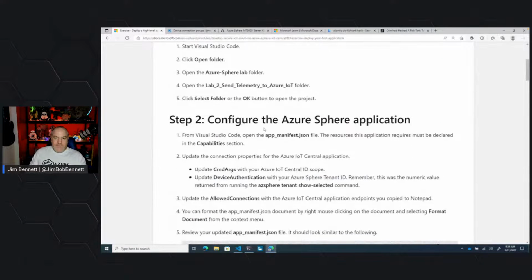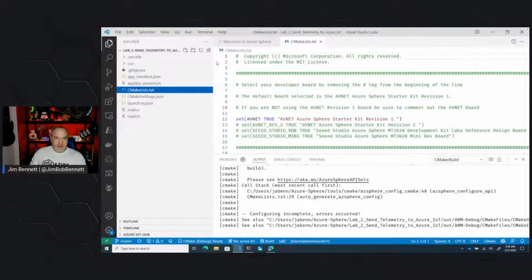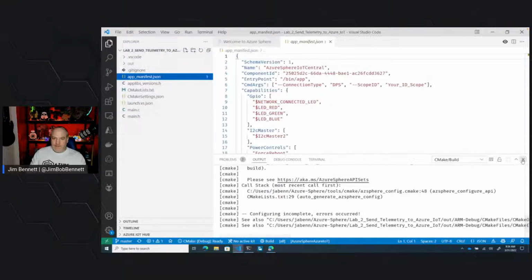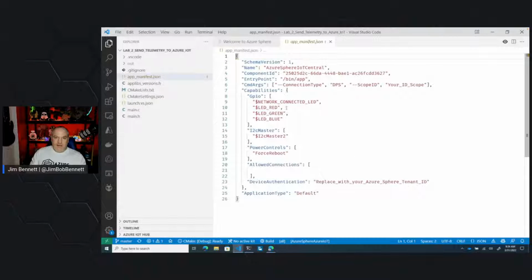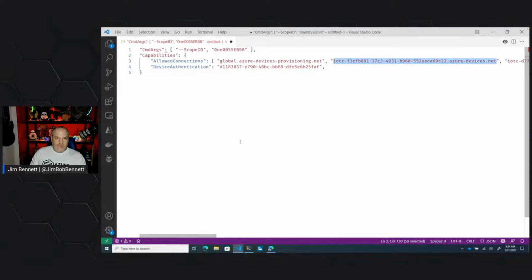So first of all, we need to configure this Azure Sphere application. If we look at app manifest JSON, this is the resources the application requires. It's got to be declared in the capability section. So if I go to app manifest.json, let's just hide that. This is what we've got. We have no allowed connections, and we don't have our ID scope defined inside here. So what I can do, if I go back to what got spat out of the tool, very useful tool,